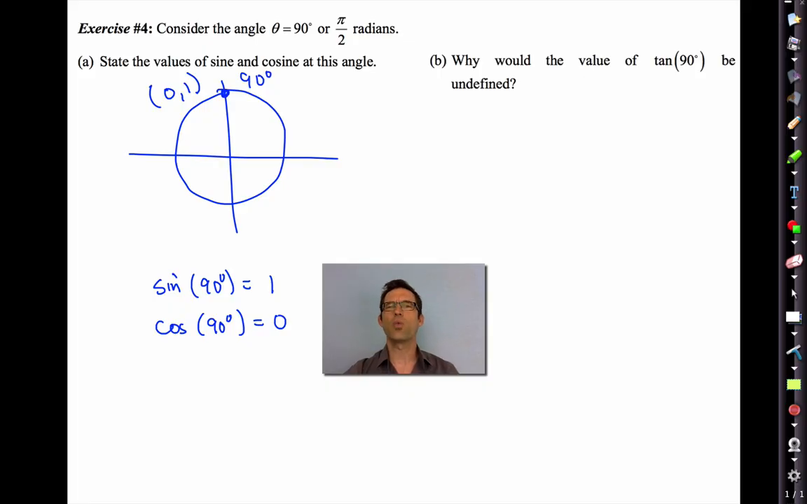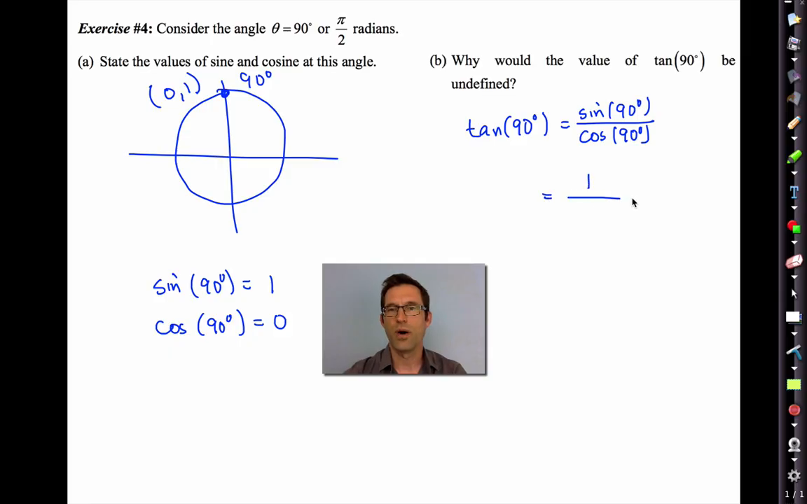Now, letter B says, why would the value of tangent 90 degrees be undefined? Why would this be undefined? Get my writing pad a little bit closer. Well, let's just investigate it. Seems like we should get an answer. Tan of 90 would be the sine of 90 degrees divided by the cosine of 90 degrees. The sine of 90 is 1, and the cosine of 90 is 0. Now I see. It's going to be undefined because